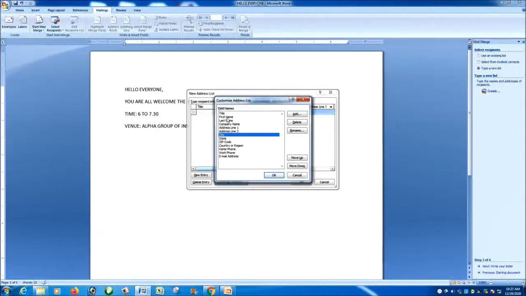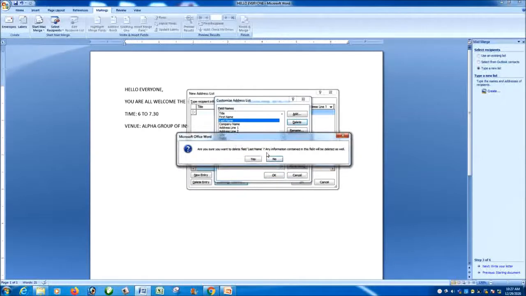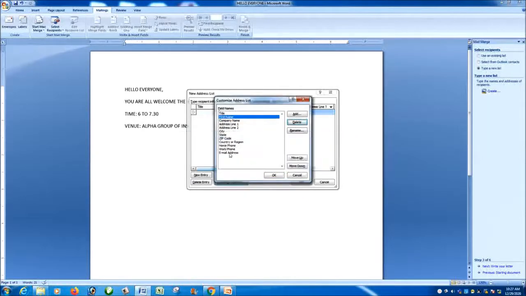Now we are going to delete some of the columns. We don't want the last name column, so we are going to delete it. And then we don't want the address line 2. We want only one address line. So we are going to delete this address line 2 and then click on yes.